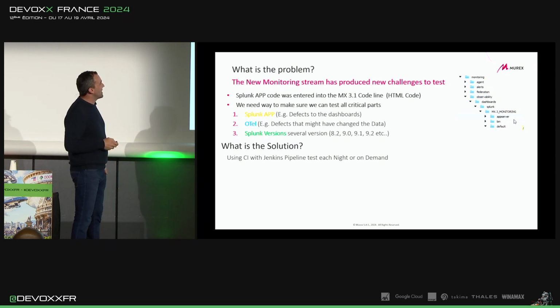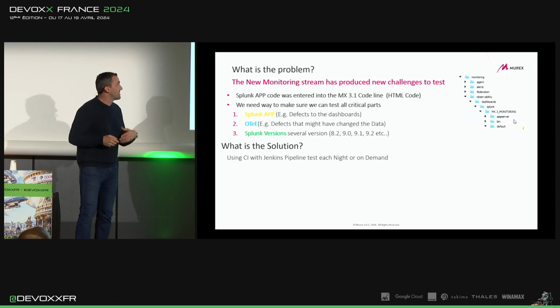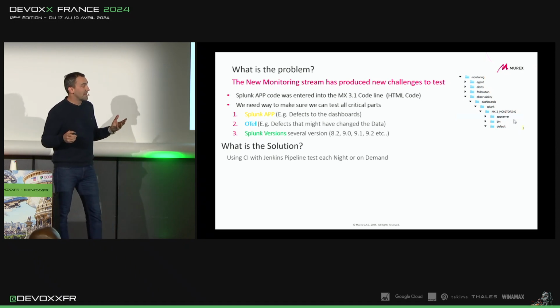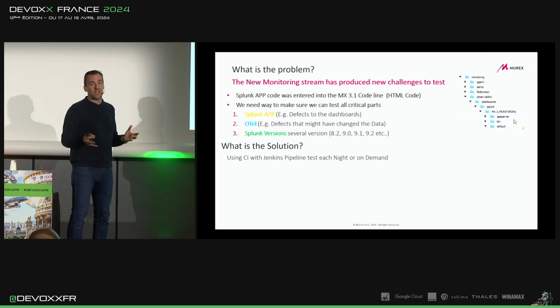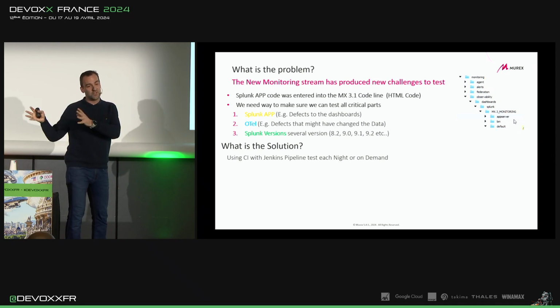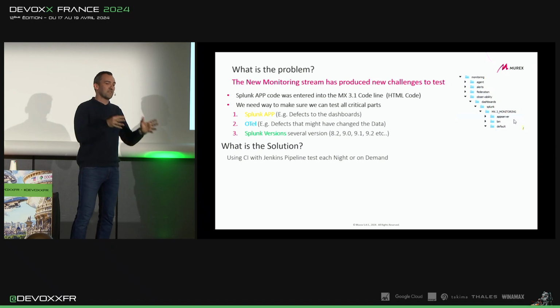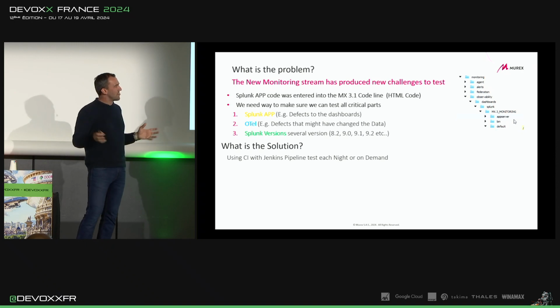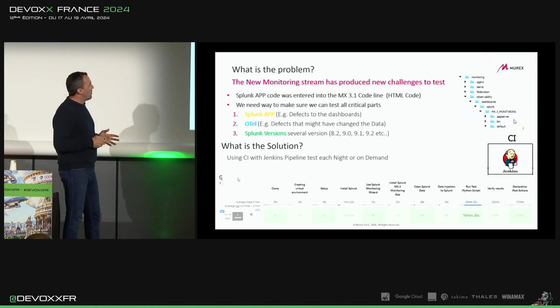So what is CI? CI is continuous integration, that's what it means. It's basically a way of testing all the changes you do quickly. So there's no point having a developer work for 3 months and then doing a massive merge and breaking everything. What we like to do was create a CI using a Jenkins pipeline that can test each of these